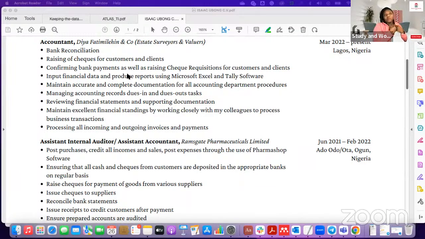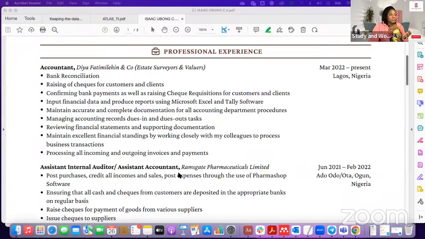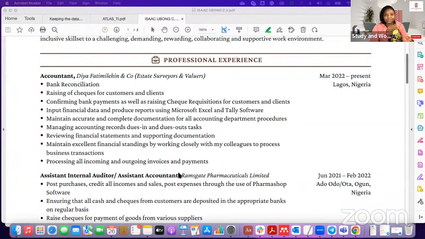Because when they are looking through your CV, they don't want to see you just writing the tasks that you performed at work or the courses you just took. Say what you did, the outcome, the percentage of change. Put some number, put some quantity, because when they look at it, most of them are looking at what they can gain from what you are bringing on board. So they are saying, okay, this person did that and increased customer retention.